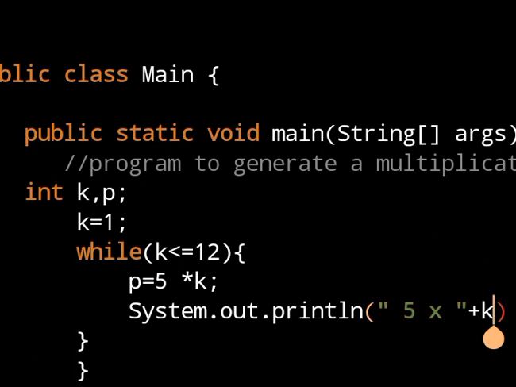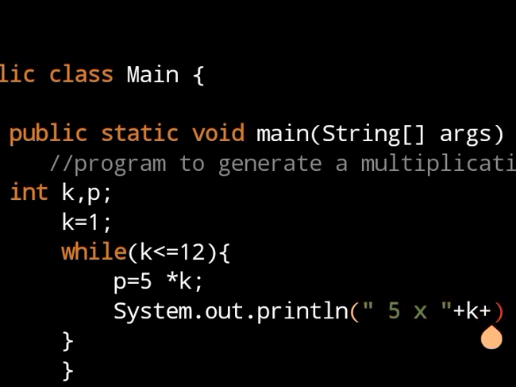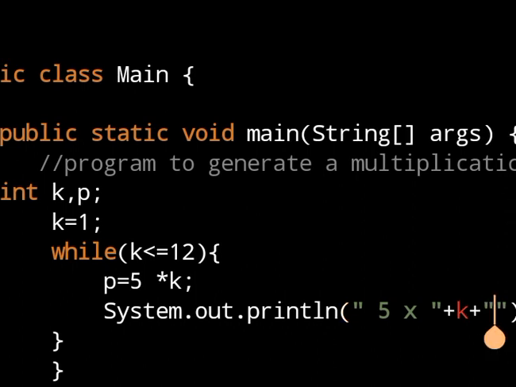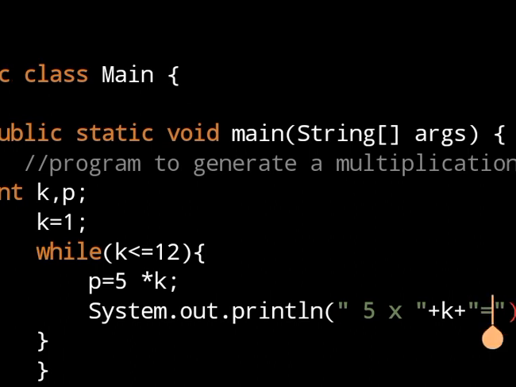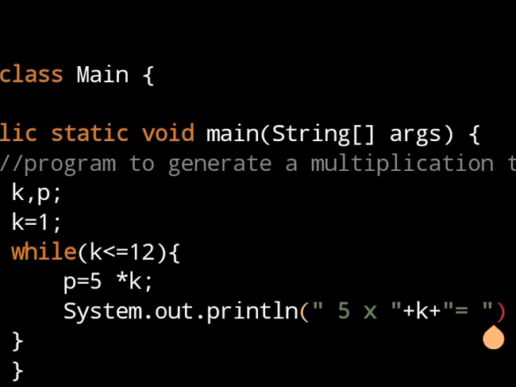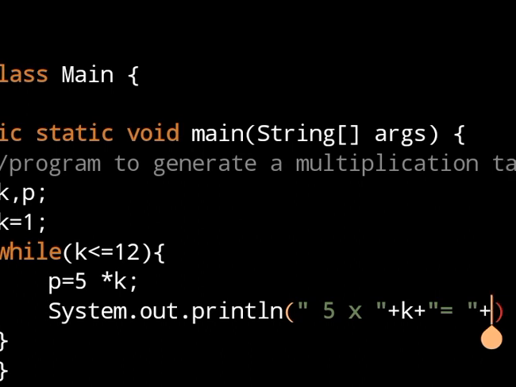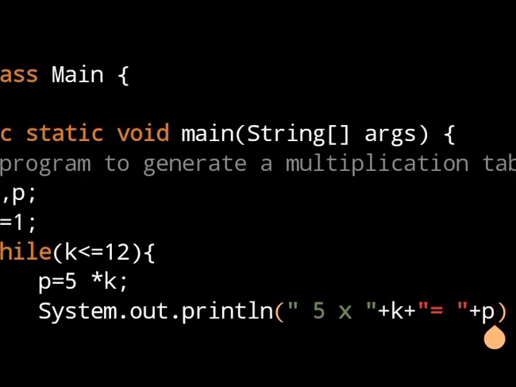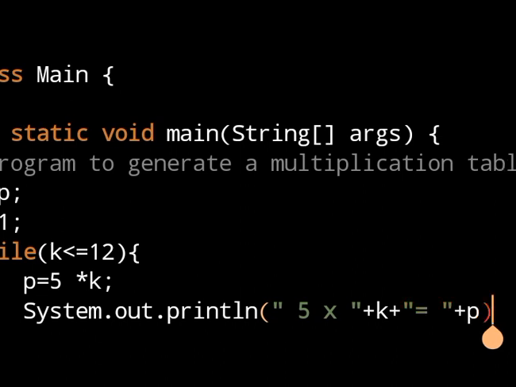So you also join it with, in quotes, where in quotes you put the assignment equal to. Then we now join it with the result. So that's a simple program